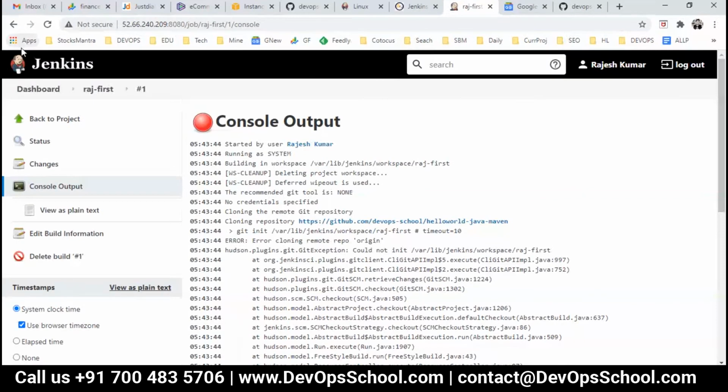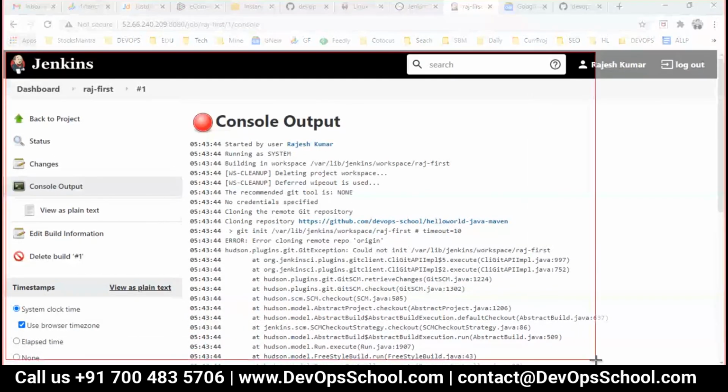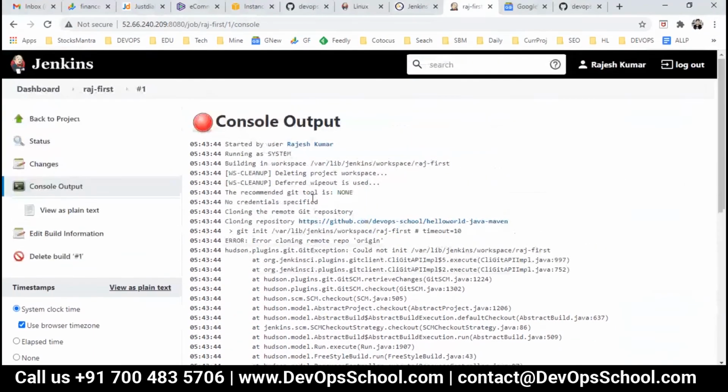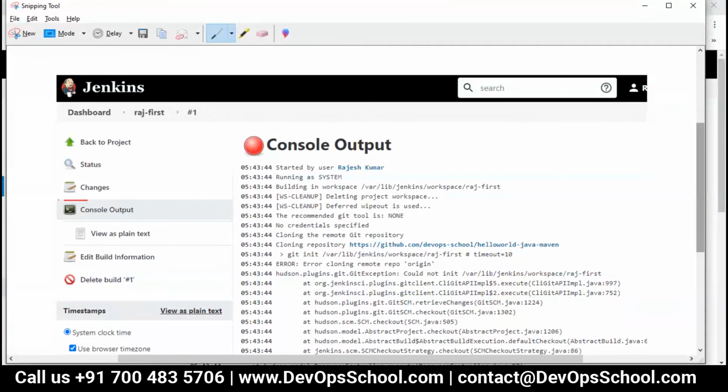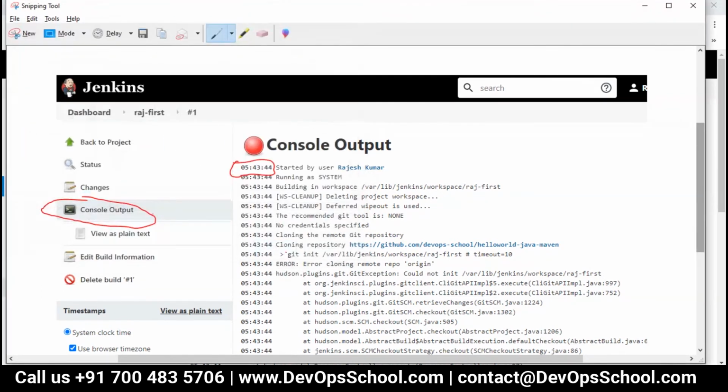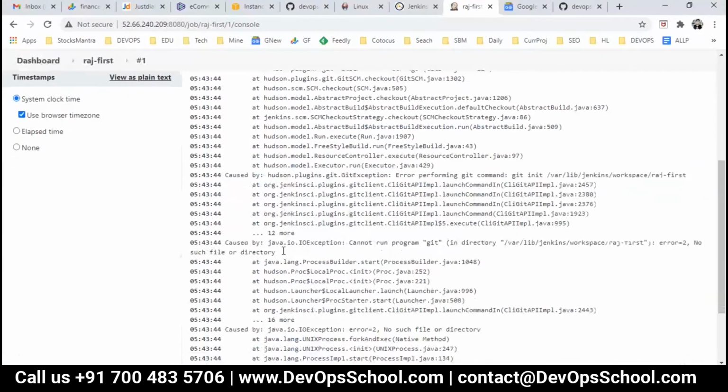Look at it. In the console output, did you notice that each log has a timestamp? Do you remember where it has come from? We have checked that option. Right, yeah. So remember, if you have not checked it, you will not be able to see the timing in the log.